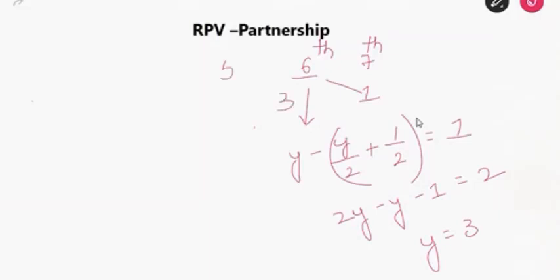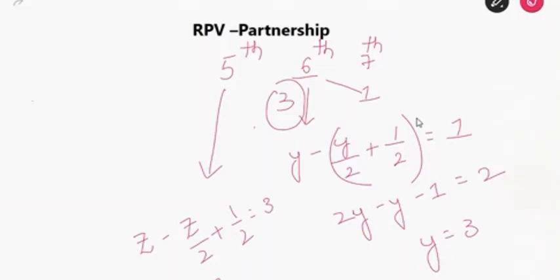Now let us do one more iteration for your convenience. For the 5th time, let us consider z as the number of apples when Rangarao started the 5th time. Now see here, with z apples he has given half of the apples plus half of the apple. Now what will be the leftover apples? 3 apples will be the leftover, right? 3. Now 2z minus z minus 1 is equal to 6. Now z is equal to 7. See here, at the start of the 5th time, Rangarao has 7 apples.